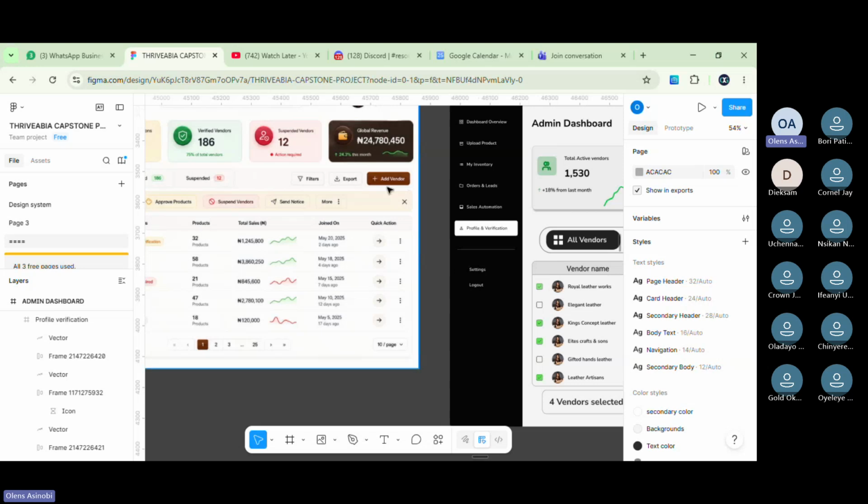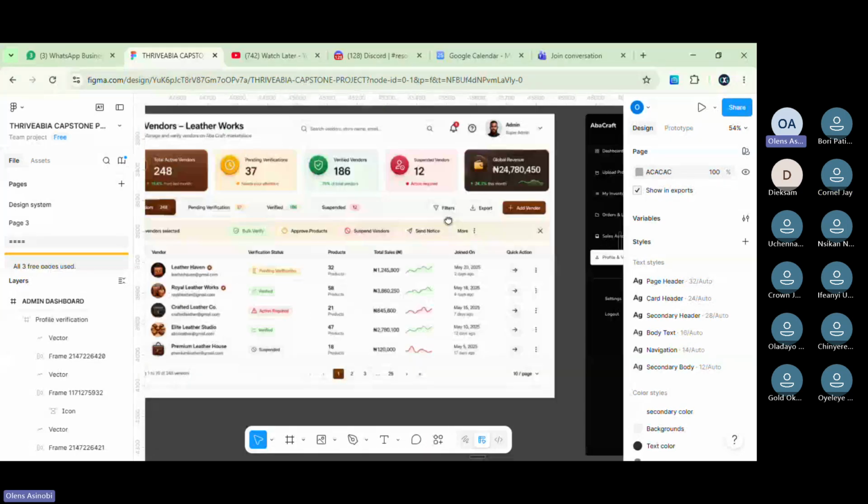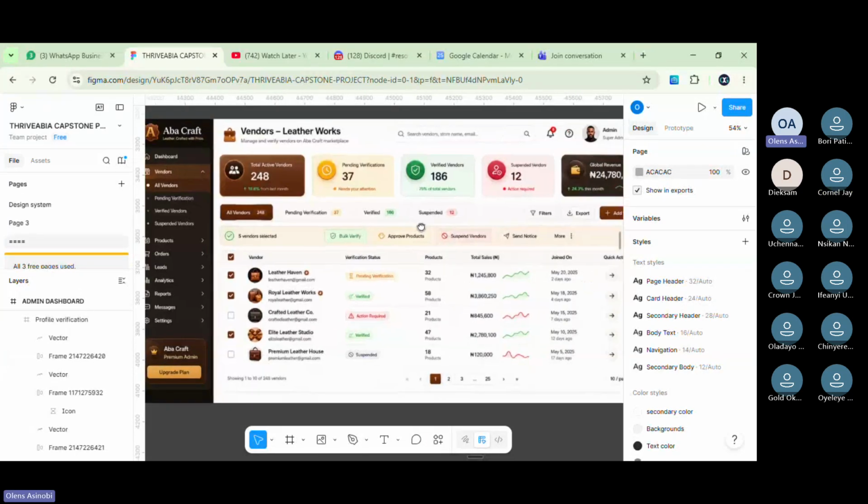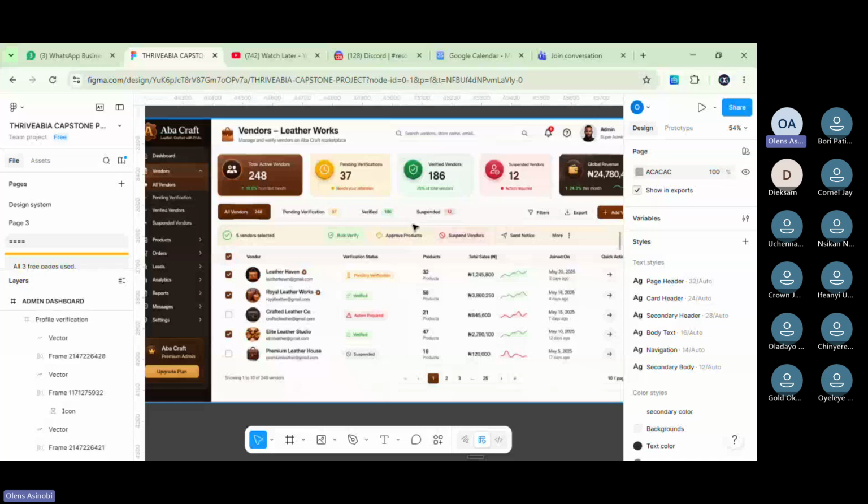So what you're going to include is add vendor. Because this is where the admin can see all the vendors, it only makes sense that this is where they can add a new vendor too.